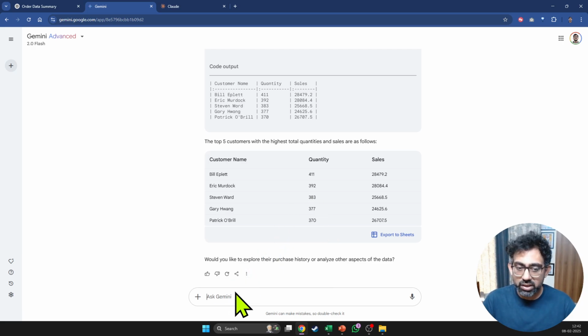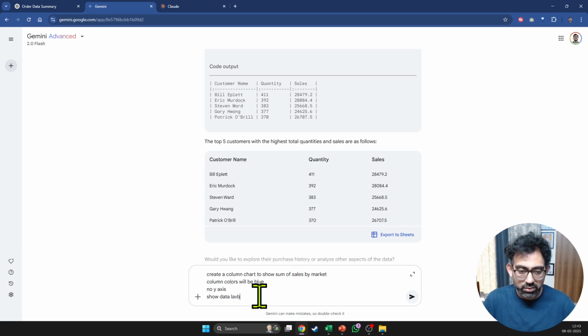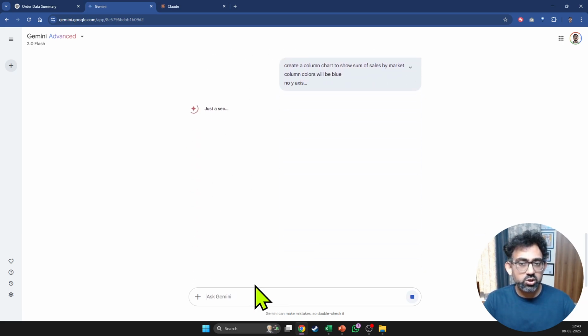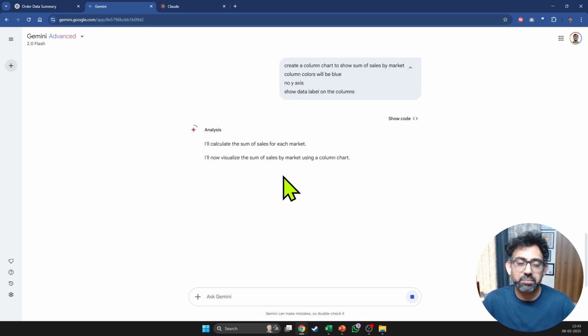But if I ask it to do the same thing, let's say create a column chart to show sum of sales by market. I will say column colors will be blue. I don't want a y-axis. Show data label on the columns. So I've just merged all the prompts into one single prompt. Create a column chart to show sum of sales by market. Column colors will be blue, no y-axis, and show data label on the columns. As you can see,